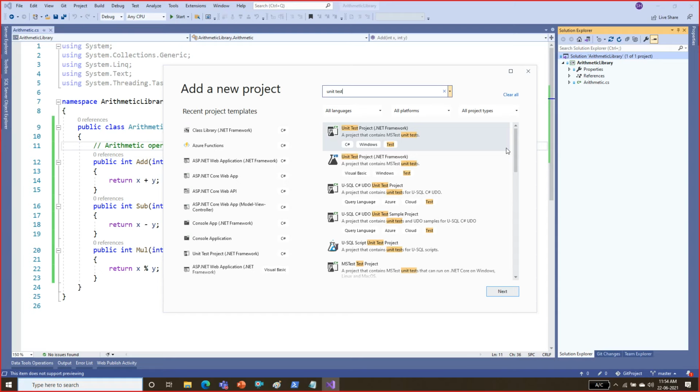You have to add a unit test project for the .NET framework, for C#, because we have a C# project. Select that, and you can go ahead and create test cases. So unit test project for .NET framework, I'm going to say okay,